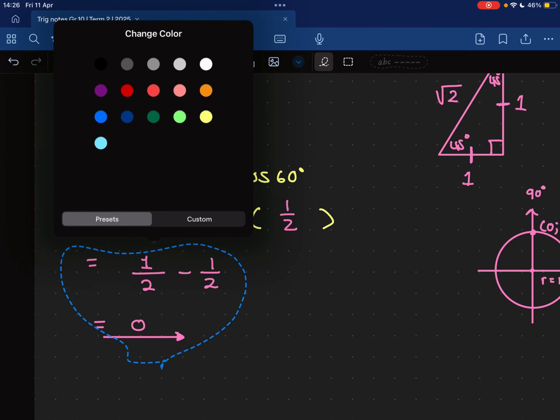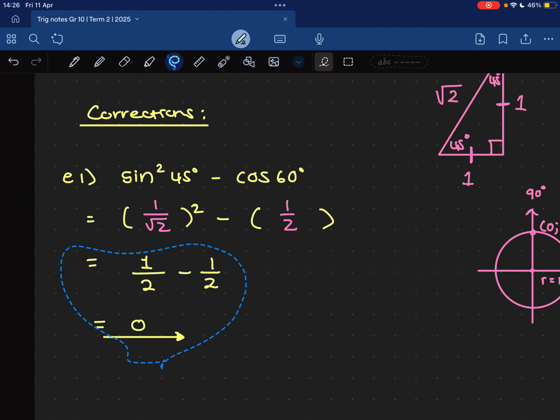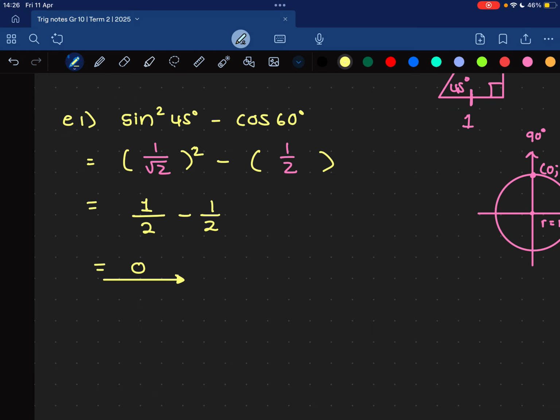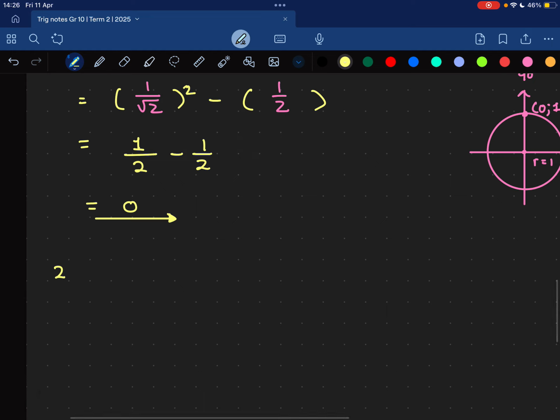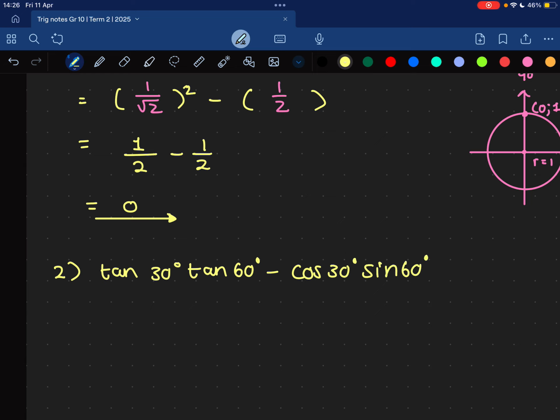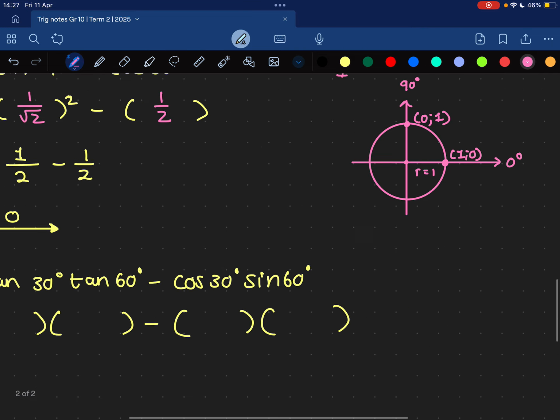Okay, so now we're going to look at the next one. Number 2 says tan of 30, tan of 60, minus cos of 30, sine of 60. So I can already see all of them are special angles, so I'm going to put all my brackets in first. And I'm going to substitute. So 30 degrees